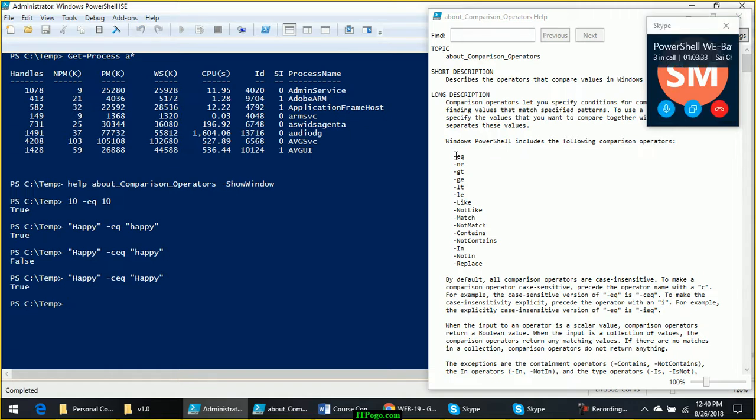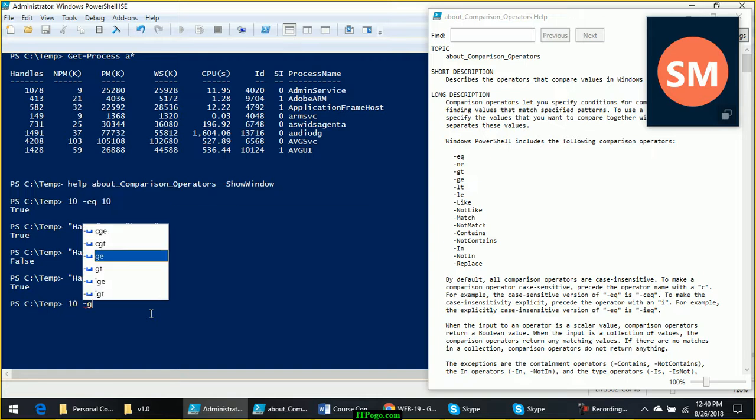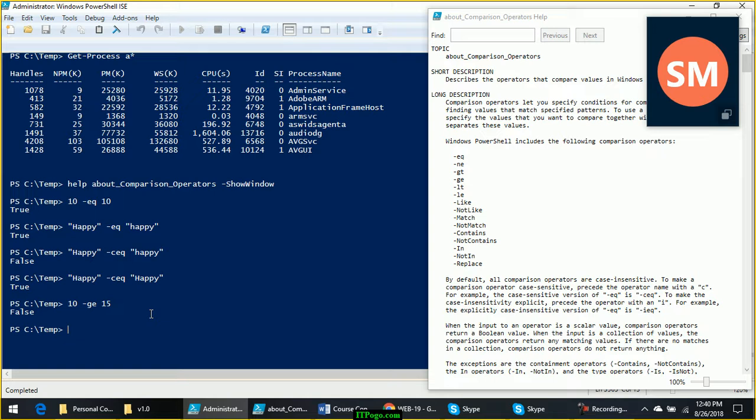Opposite of EQ is NE, not equal to. Then comes greater than or equal to. This operator works for numbers, obviously. 10 is greater than or equal to 15 is false. But instead of greater than or equal to, if you use less than or equal to, LE, this will return true.